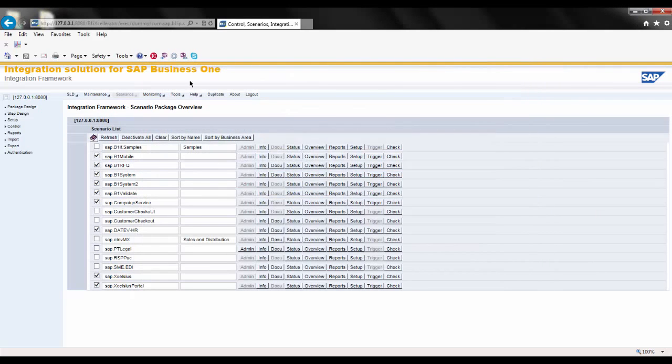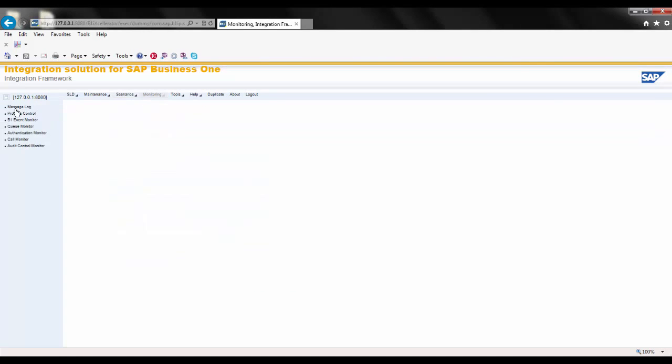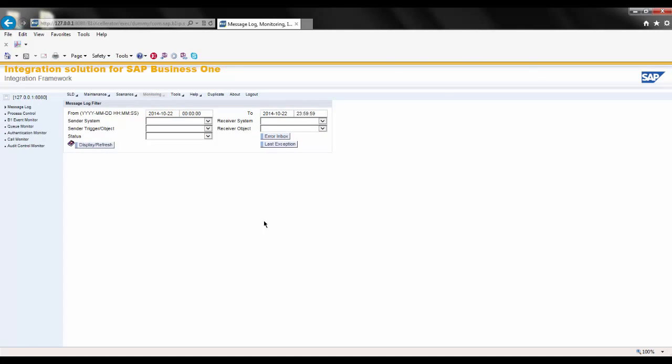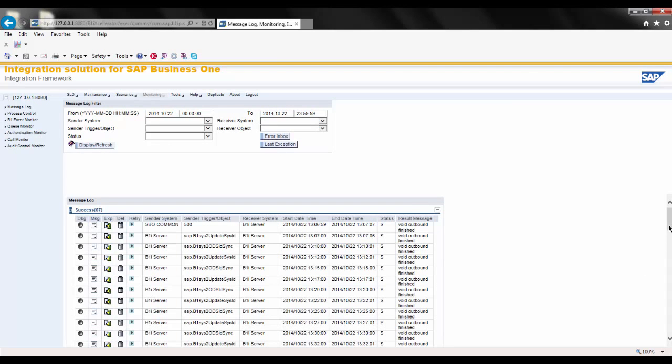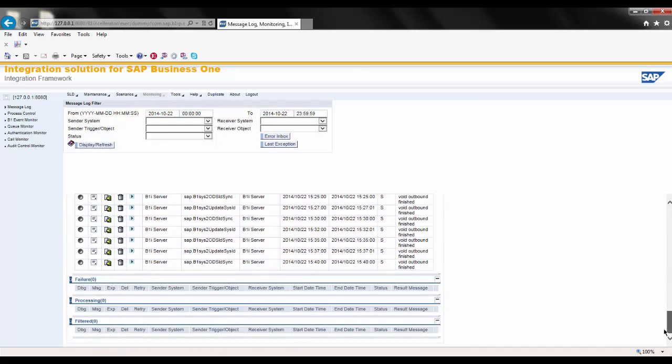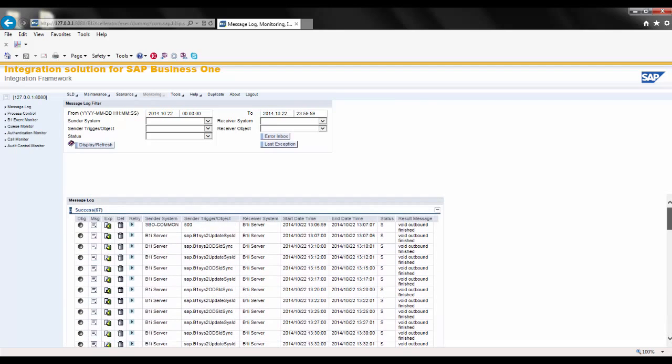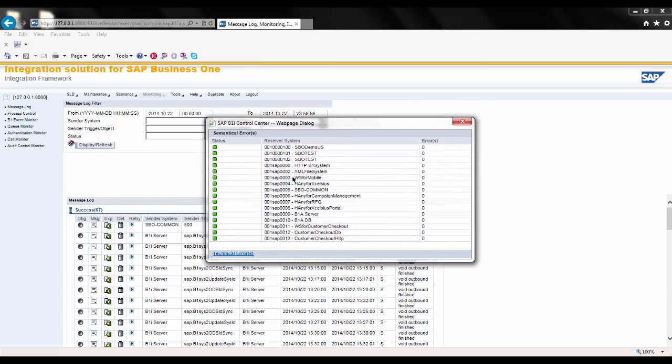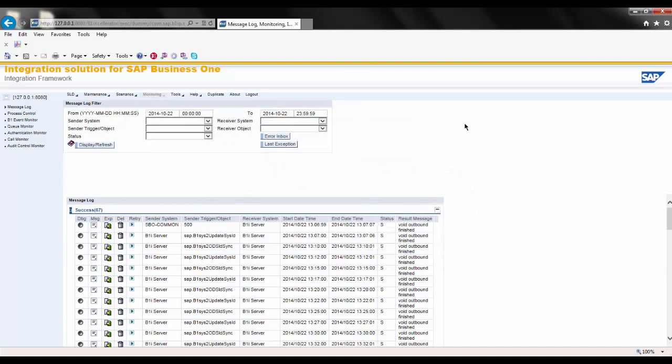I can also view the status of any one of these scenarios by choosing Monitoring. Under the message log, when I click Display Refresh, I can see information about those scenarios that have been successful, any failures, anything still in processing, and anything that may be filtered. I can also look at the status of my connections by clicking on my error inbox to get an overview of all the system types that I currently have set up for integration and whether I'm successfully connected or not. These are just a few of the areas used while modifying or building integration scenarios using the SAP Business One